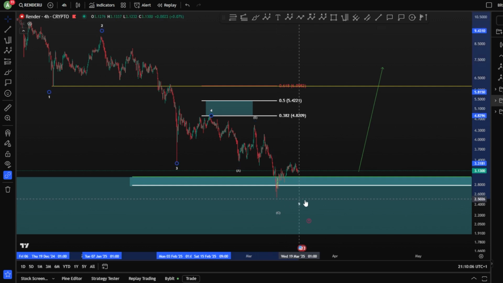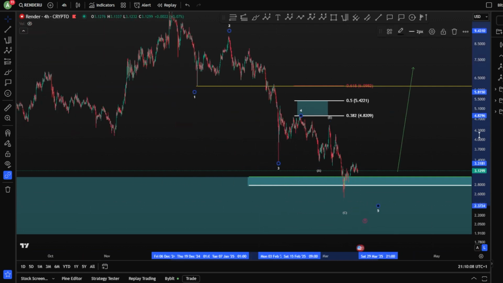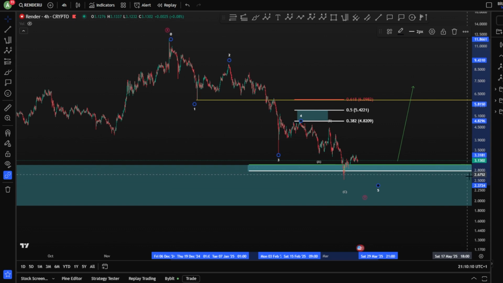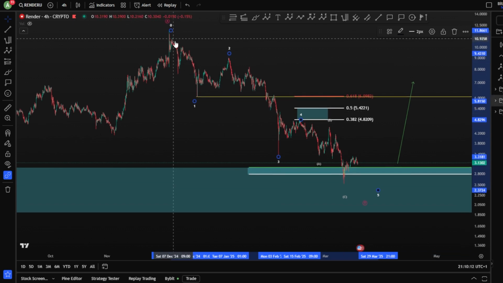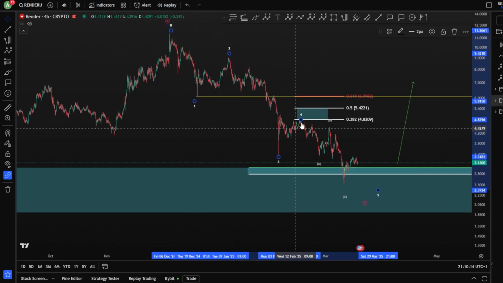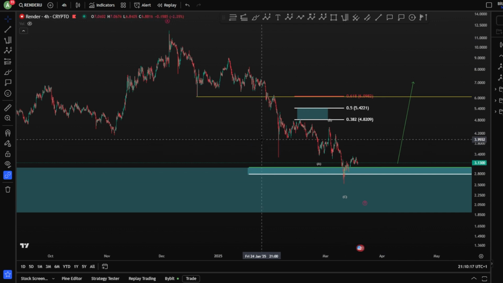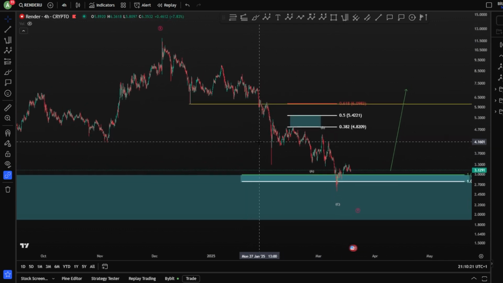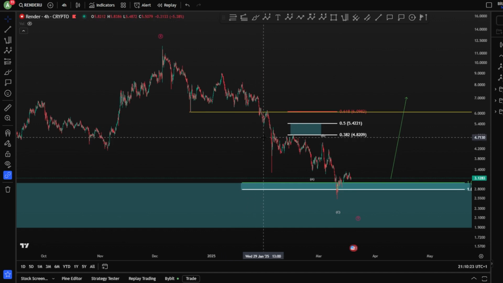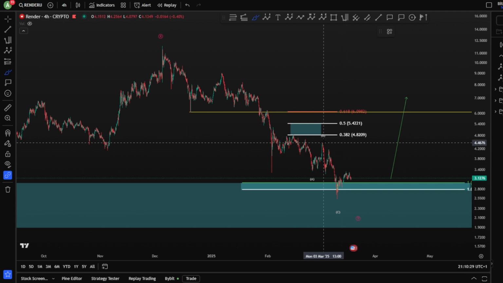Wave 5 cannot be finished anymore, meaning this has screwed up, of course, the whole impulse from the top here, if we are impulsive, yeah. Meaning I'm gonna delete this. I think also we saw a part of it in the previous video for Popcat, was this drop towards the downside. Yeah. So I'm gonna tell you what is also my opinion about this drop towards the downside, which are